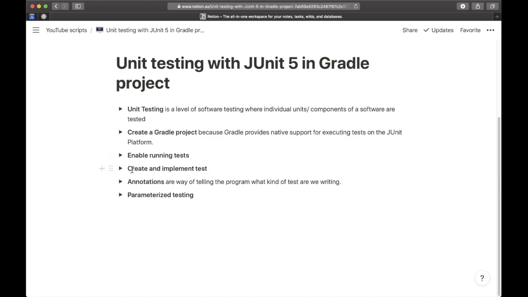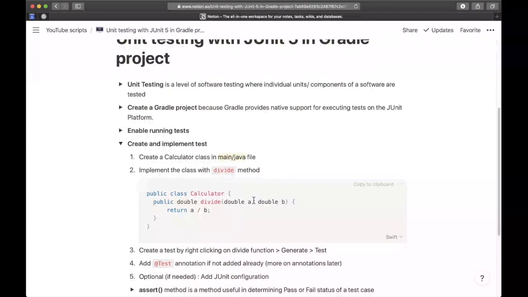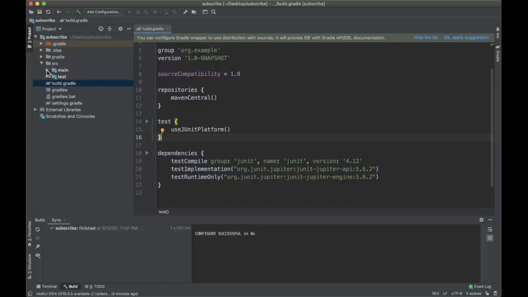The next thing we will do is the most exciting thing, and it's creating and implementing a test. So are you ready? This is a really step-by-step tutorial, so make sure you follow along. The first thing we're going to do is create a calculator class in the main Java folder. I want to explain this main folder that is in the source folder, and click on the Java folder